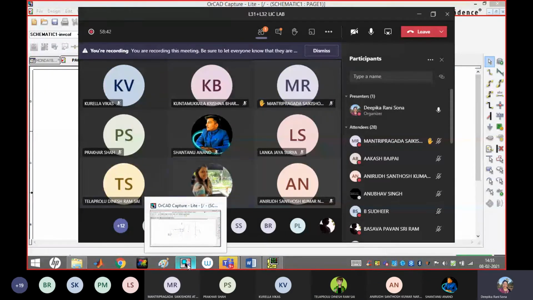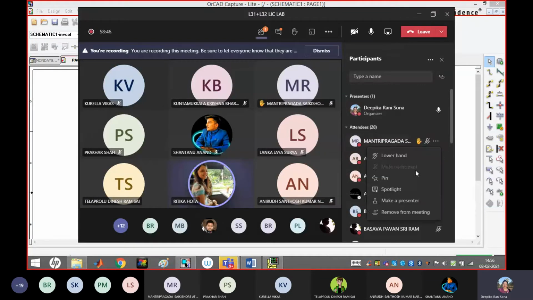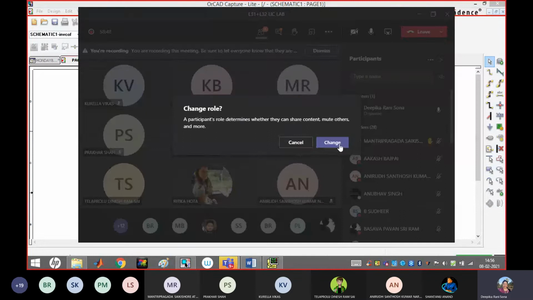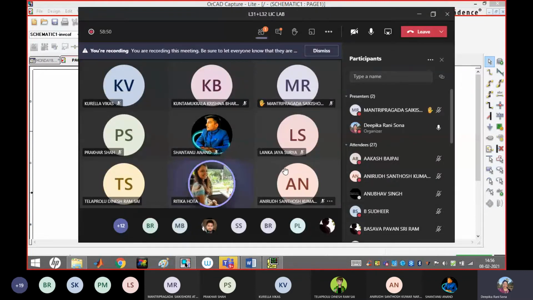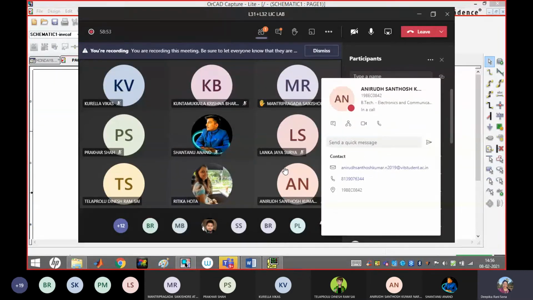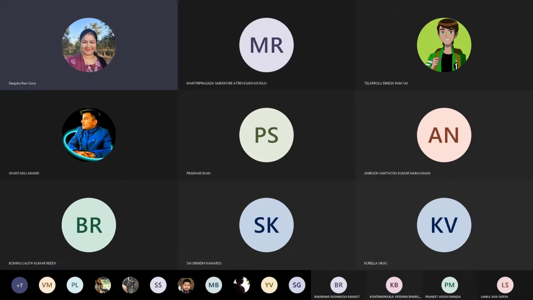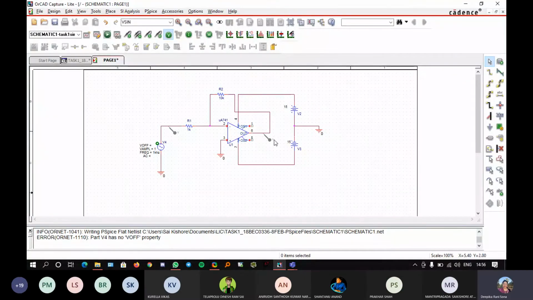Show me your circuit. Just share the screen. Wait, I'll make you the presenter. Sai Kishore, I have made you presenter. Just share your screen. Yes, ma'am. Enlarge your window a little bit.